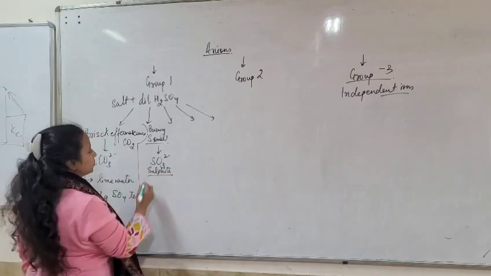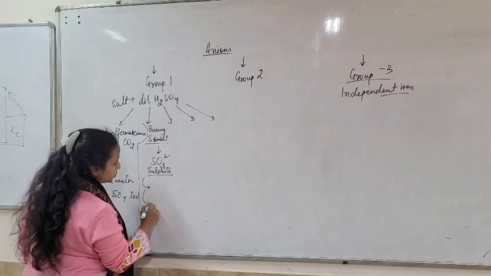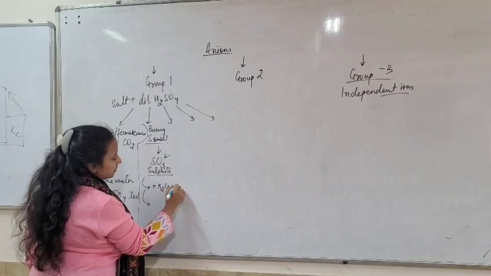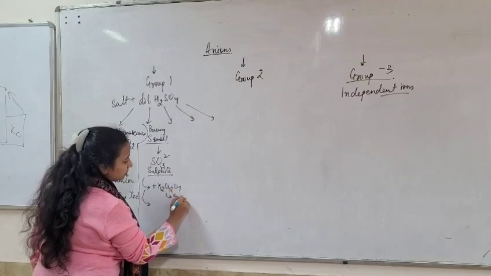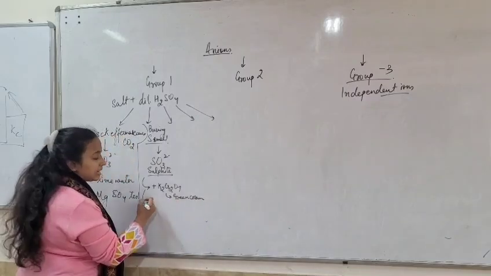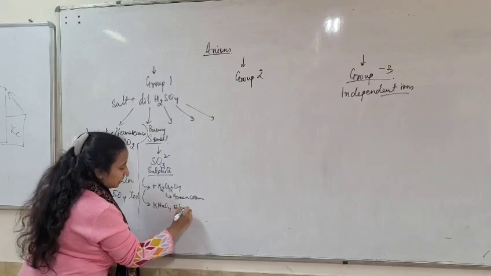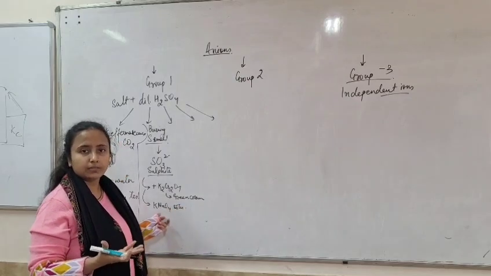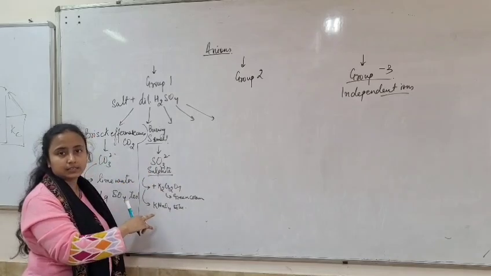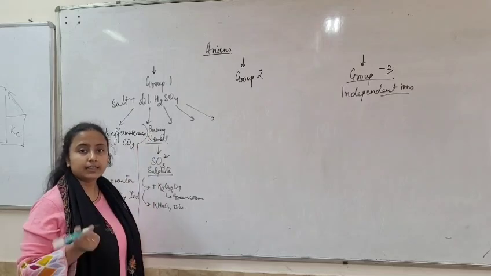If that is the case, you will divide the solution. Never start afresh. You will divide the solution into 2 parts. First part, you will be adding K2Cr2O7, and it will give you green coloration due to the formation of Cr3+. The second is that you're going to add KMnO4 to it. The color of KMnO4 is bright pink or violet in nature. The moment you put it in this solution, it will turn colorless. Okay, that is discharge of pink color, so that will confirm that sulfite is there in your system.